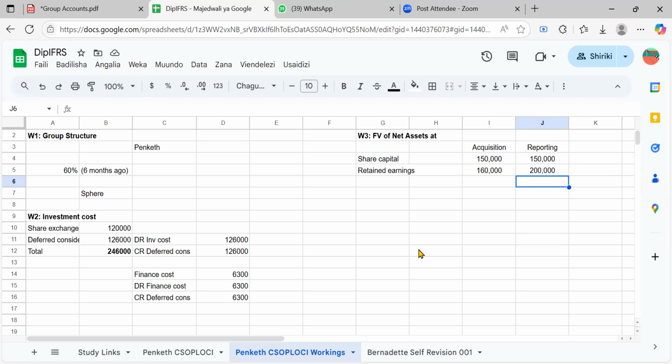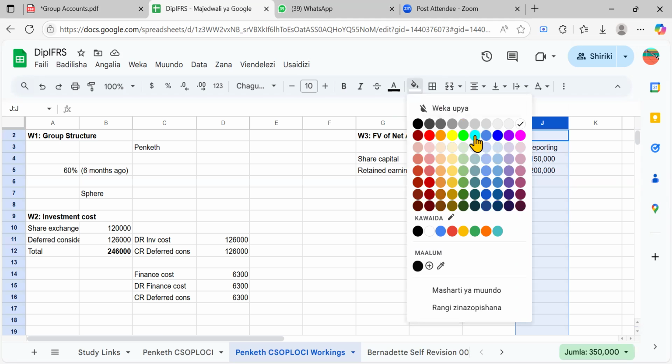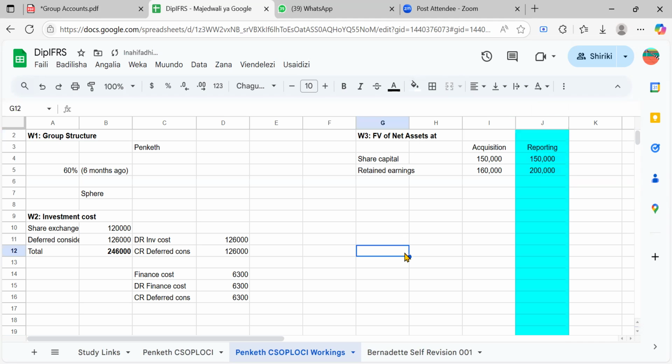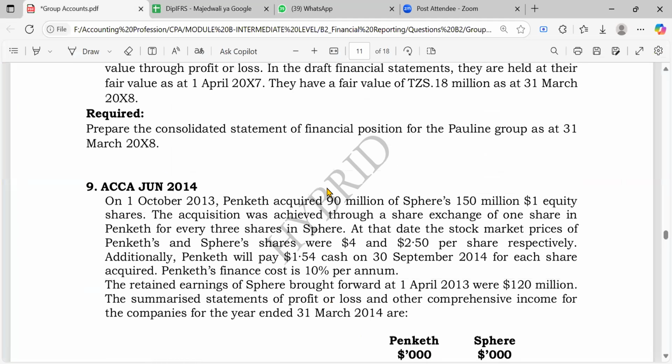Of course, I don't think we're going to need it here. We are not preparing the statement of financial position. We only did the figure at acquisition, and that's what we need. I'm just trying to show this as training here. So we'll just compute it, but we won't use it. You just look at the figures. You have the figure